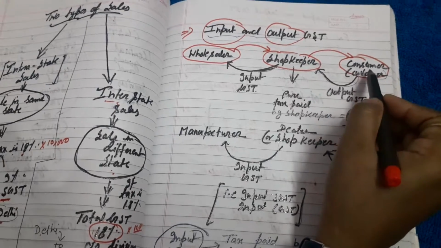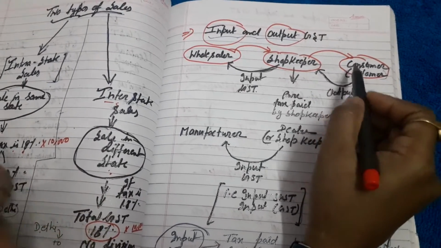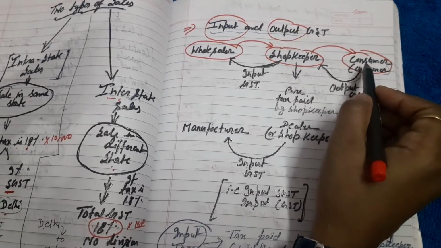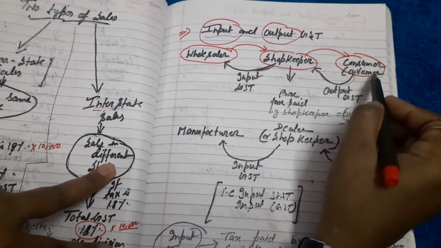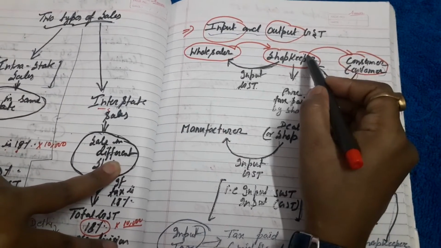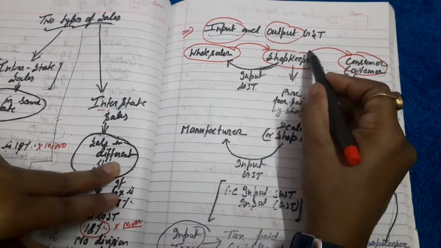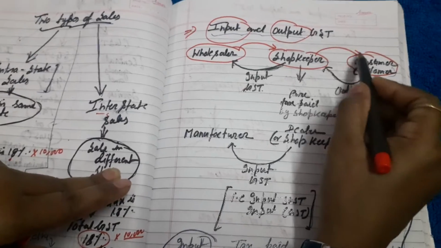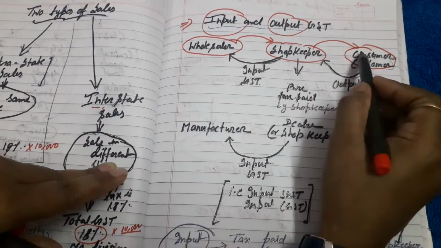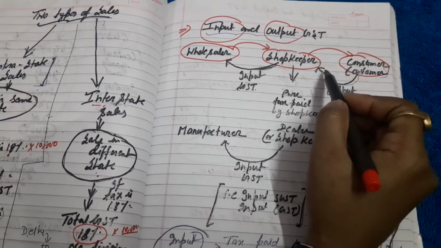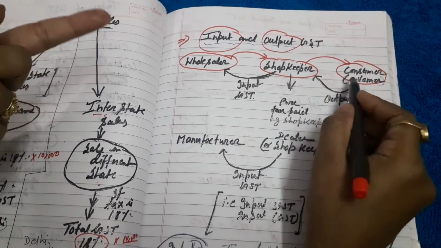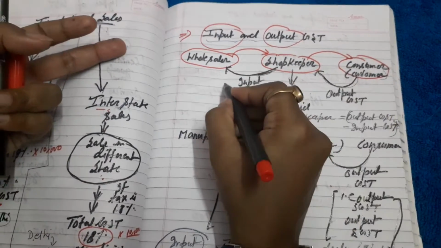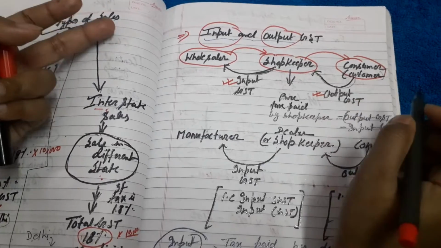Similarly, when the shopkeeper sells to a consumer, again they are supposed to pay tax. On every selling there is GST. So when the shopkeeper sells any item to a consumer or customer, he or she will pay the price of the article plus tax. So the cost will go to the shopkeeper, but the tax will be for the government. And this GST will be named as output GST. Okay, this is input GST and output GST.